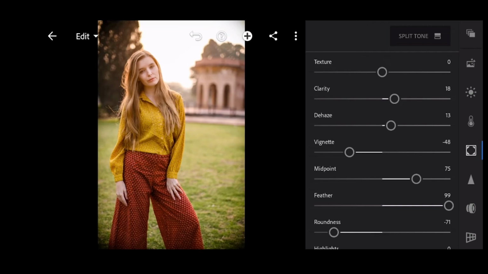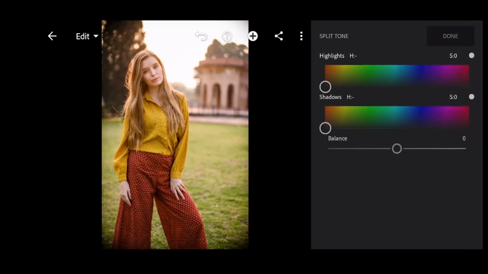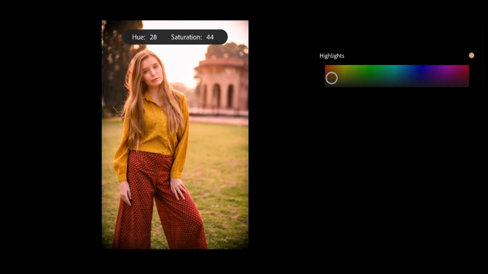We'll cover split tone as well. Split tone is basically adding colors to your highlights or to your shadows. You can see here a lot of spectrum of colors. All of your highlights can look orange or green or blue, and moving it up and down adds or removes the saturation within that color.